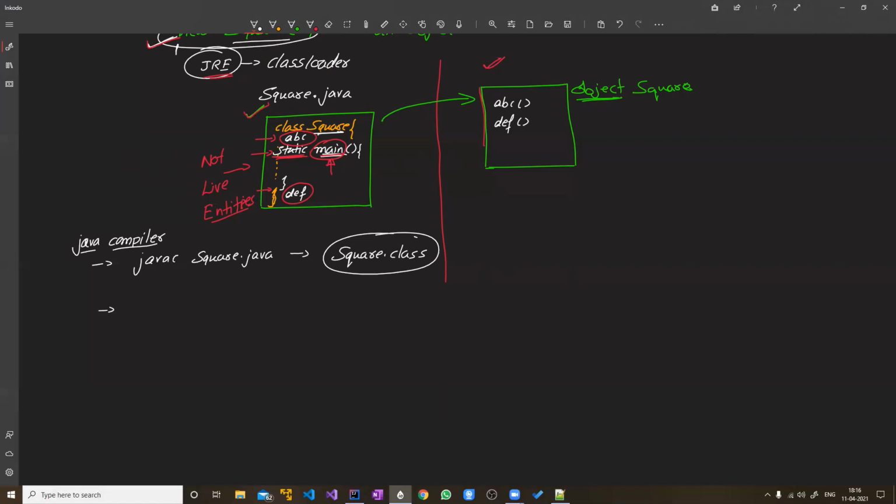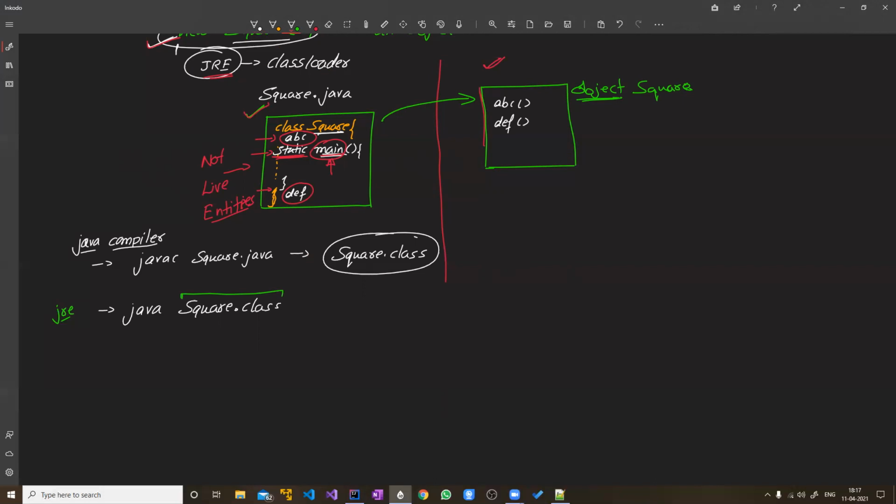Now the next thing which happens is, you write this Java, and after that comes square.class. So this is the compiler, and the second one which you are seeing here is the JRE, that is nothing but the Java Runtime Environment. This Java runs your compiled file, which is this square.class. In square.class you have the compiled instructions of your square.java class.